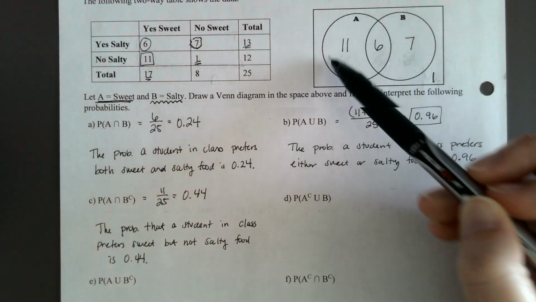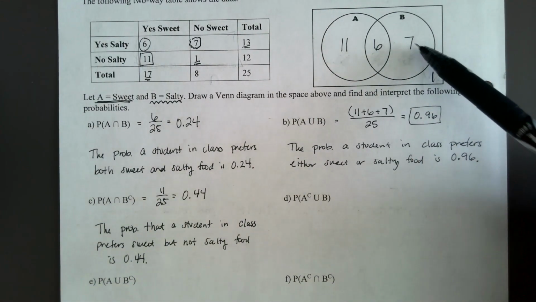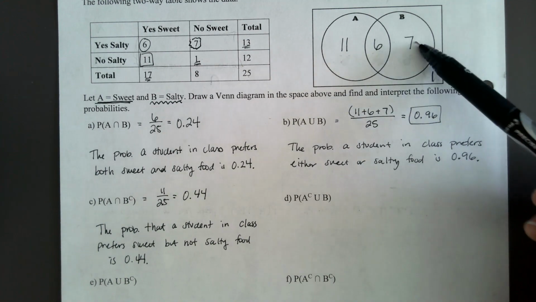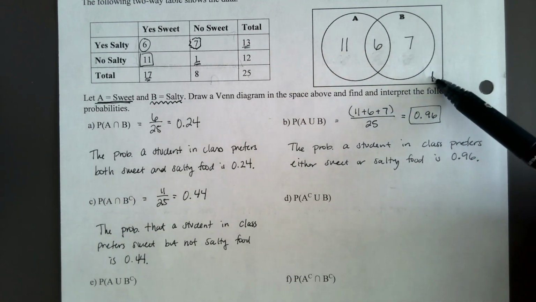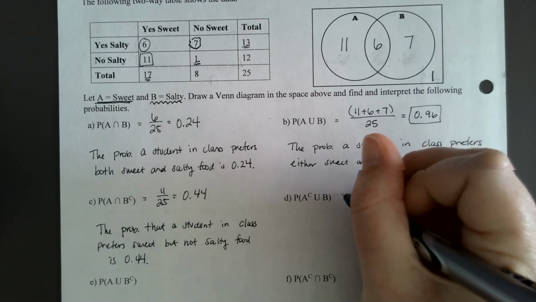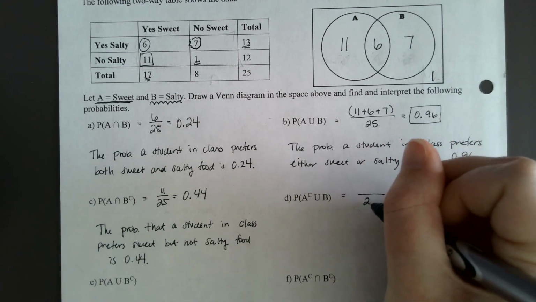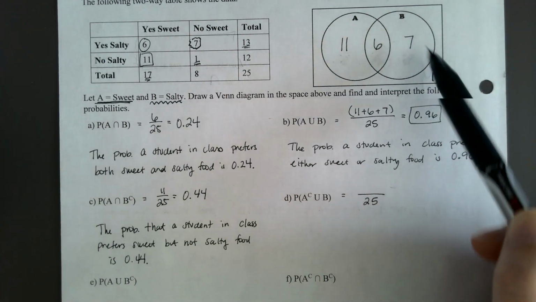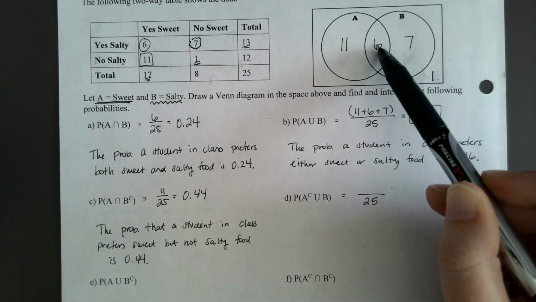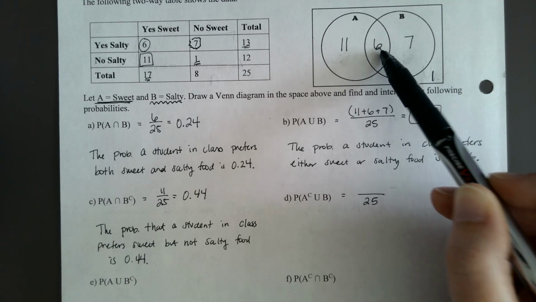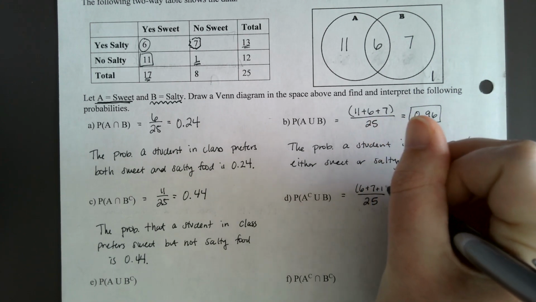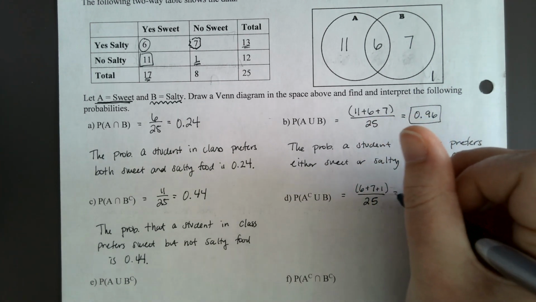So outside of A in general is going to be our 7 and our 1, or B. So looking at the fact that they like salty, we would look at 6, 7, and 1 as our added numbers. So out of our 25, we're looking outside of A, which is outside 7 and 1, but adding in also our B. So adding in B, which is 6. So we have 6 plus 7 plus 1, and we would get our